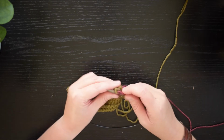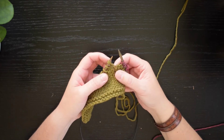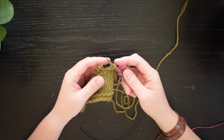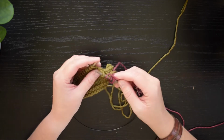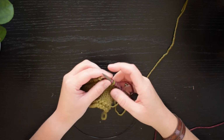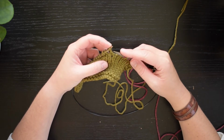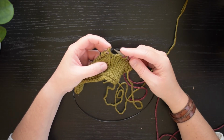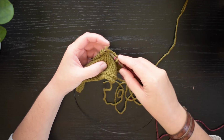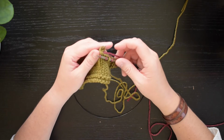So I'm going to knit up until my double stitch. You'll see here it's looped around twice. We're going to slip that stitch purlwise, and you'll see it leaves an extra long stitch on the needle, and that's fine. You're going to knit your next stitch, and then in the following stitch we're going to work the dip stitch. So we're going to insert our needle 2 stitches below the stitch that's on your left hand needle. So we'll count 1, 2 stitches down, insert the right hand needle into that stitch, wrap your yarn and draw it through as if to knit,